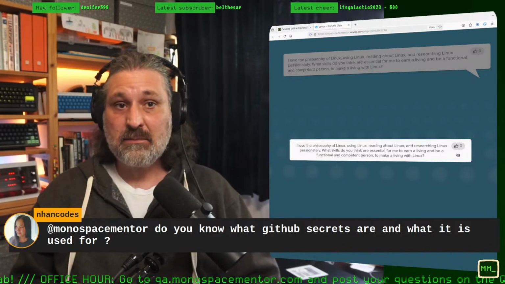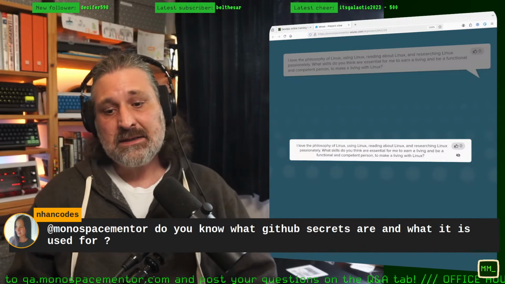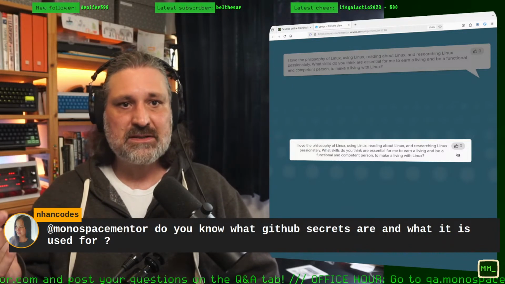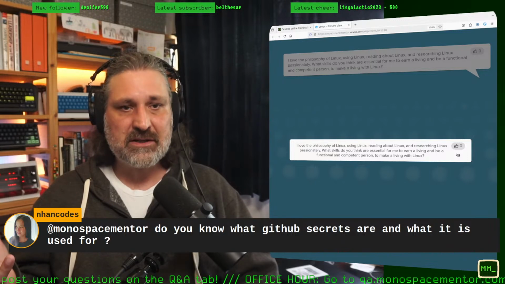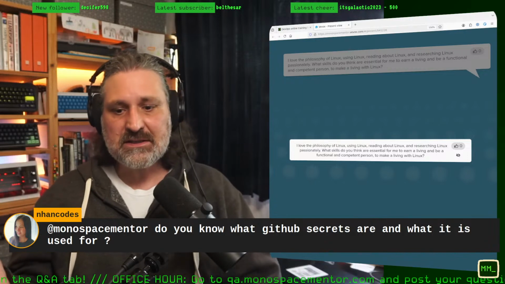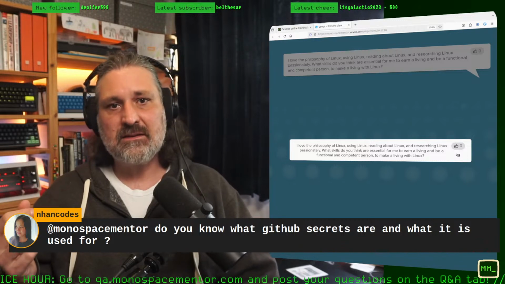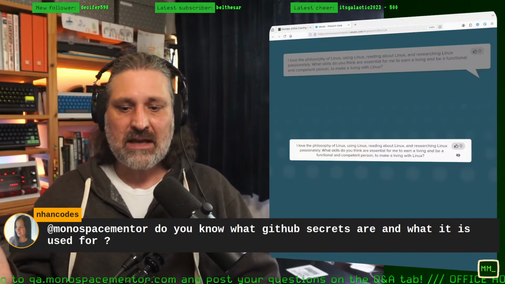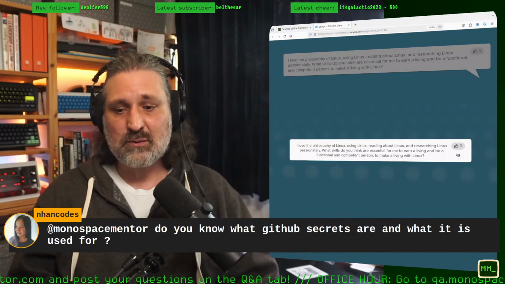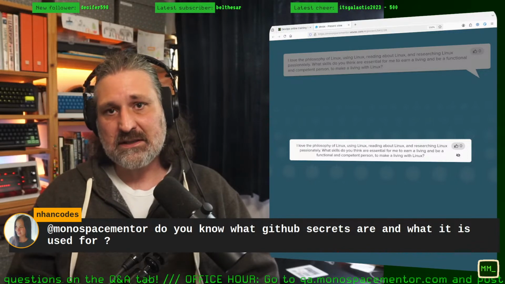Usually you simply enter them on their website, on GitHub or GitLab itself. And the way the secrets then get integrated with your CI processes is using environment variables. These environment variables get set before the CI job is started, and your CI job can then simply read the contents and values of these environment variables, and that way get access to, say, an API key that your CI run needs to trigger something or to query something from a third-party website.